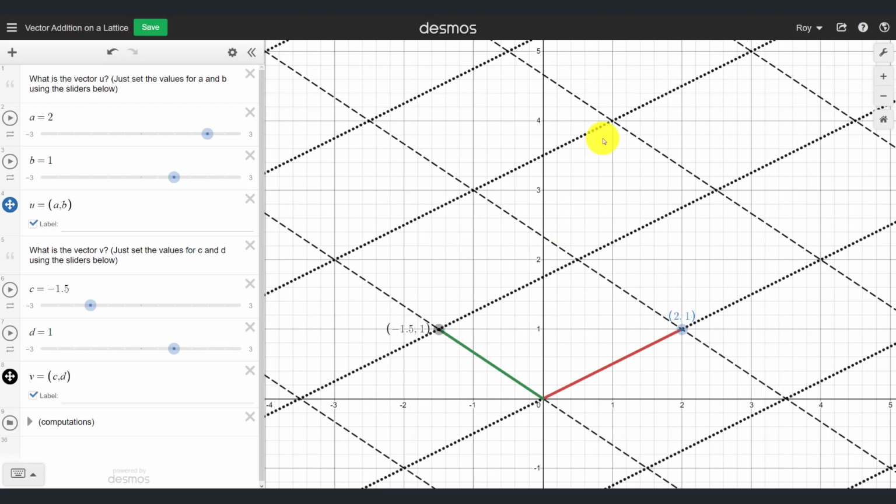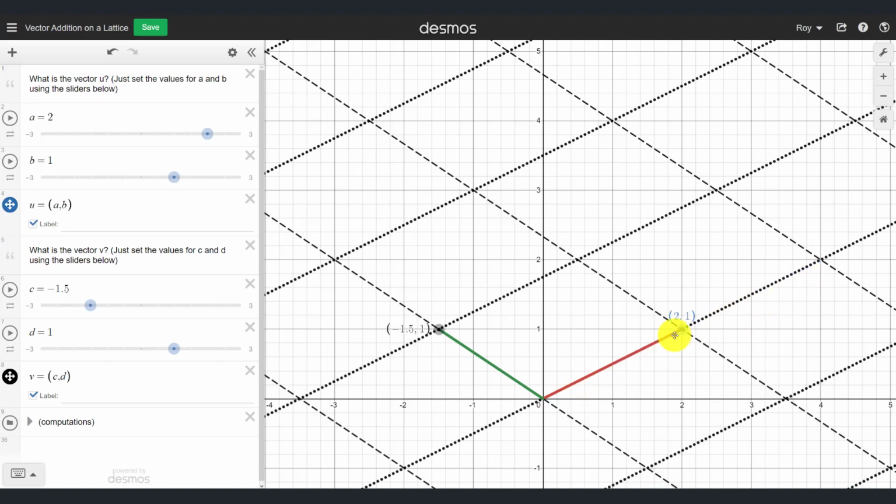All right, so here we are in Desmos, it's a little applet that I kind of wrote up very quickly here. We have two vectors. The red vector, I'll go ahead and call that u, and is the vector 2, 1 right now. And the green vector, we'll call that v, is the vector -1.5, 1. Now, how do you interpret linear combinations geometrically? Well, you could imagine if you want to go forward 2u